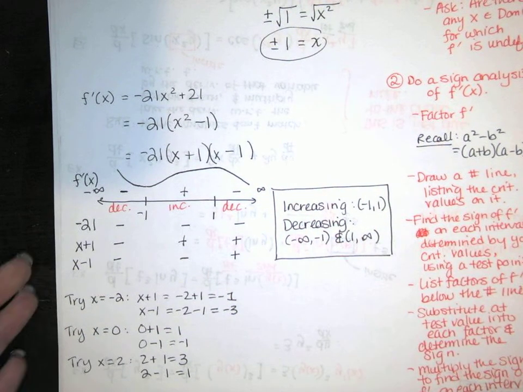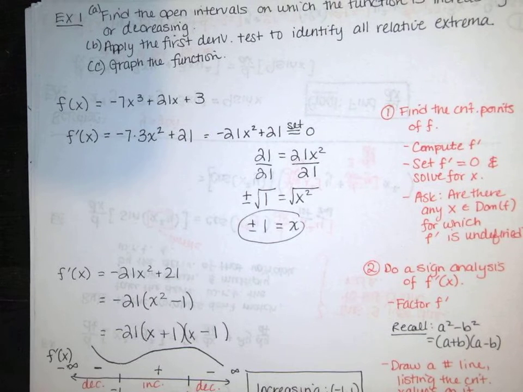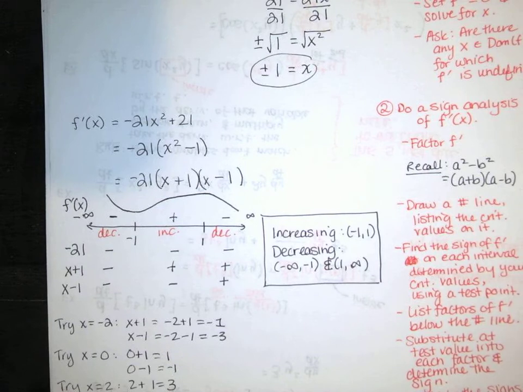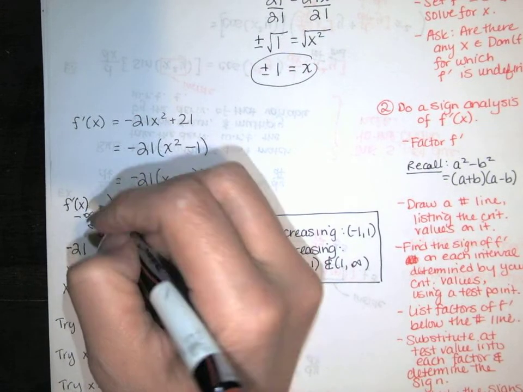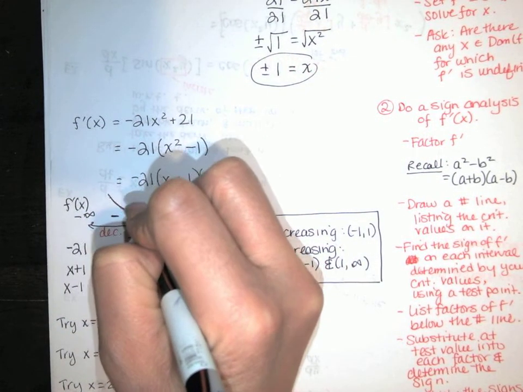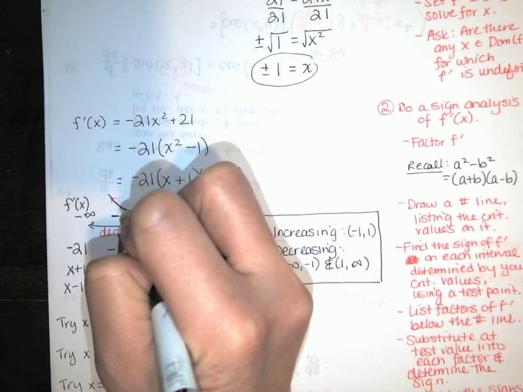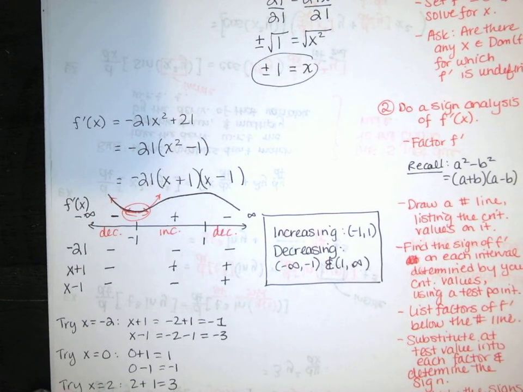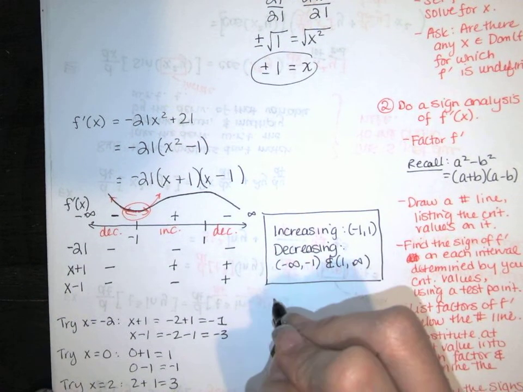Now the second question said, apply the first derivative test to find or identify the relative extrema. Well, I kind of just did. If it goes from decreasing to 0 slope to increasing, well, that's obviously a min. So f of -1,